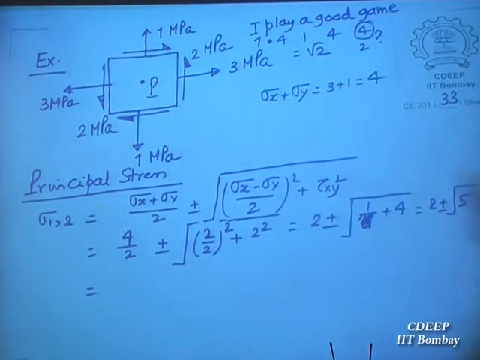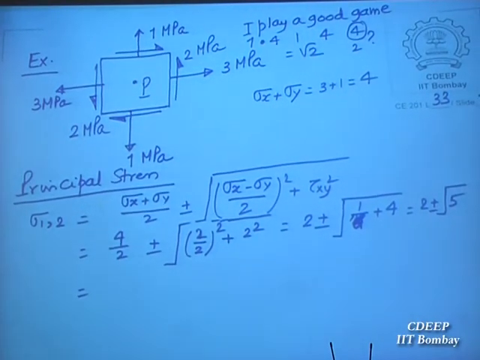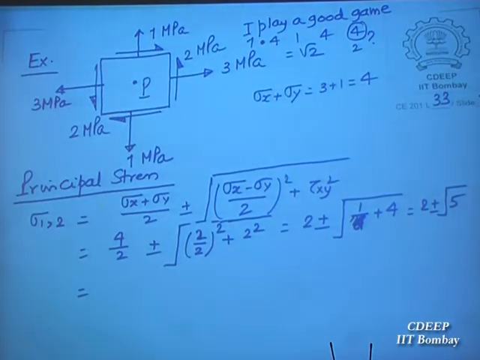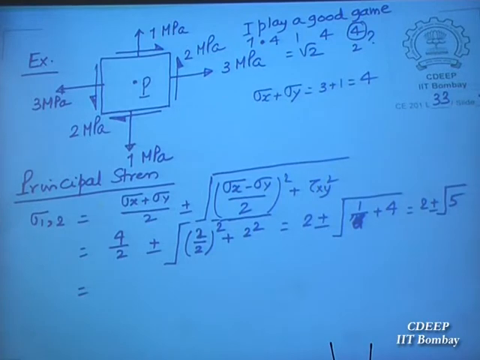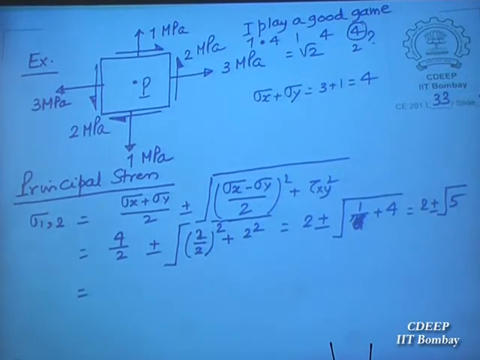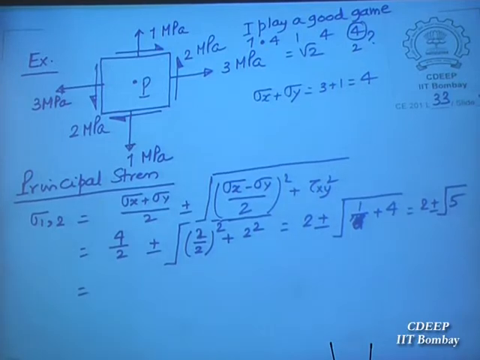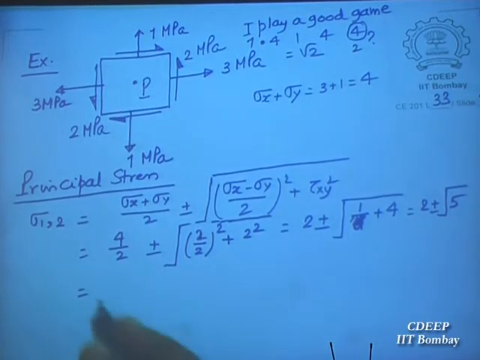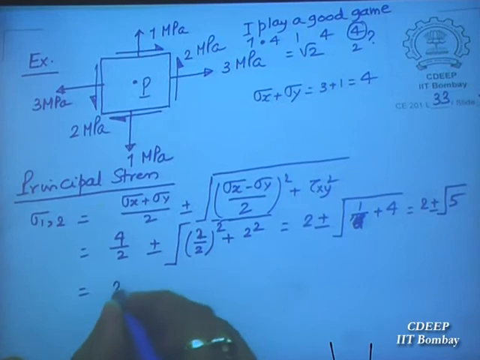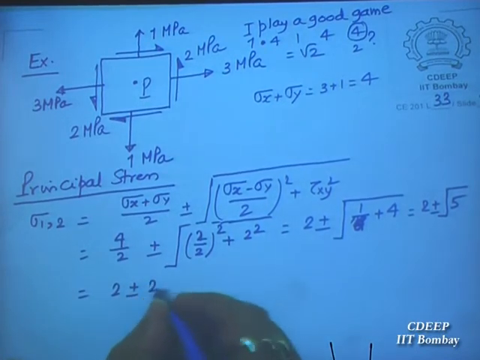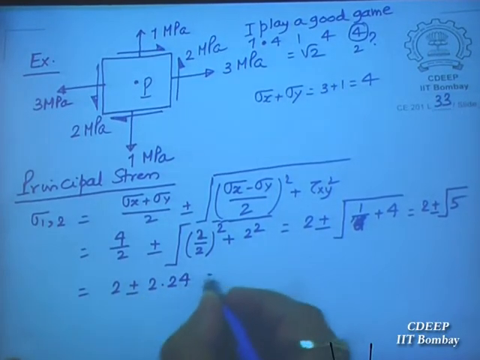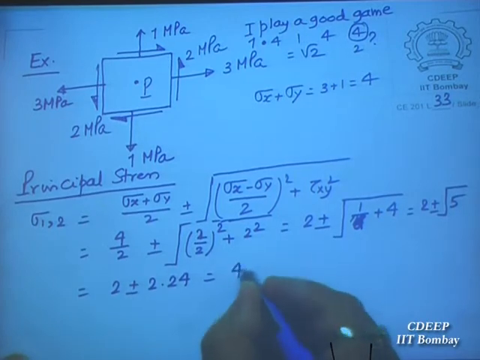So anyway, all right, this is equal to 2.24. So 2 plus minus 2.24. So this is 4.24 or minus